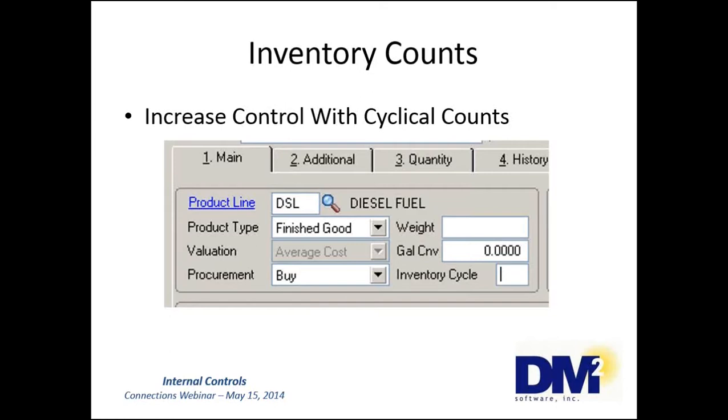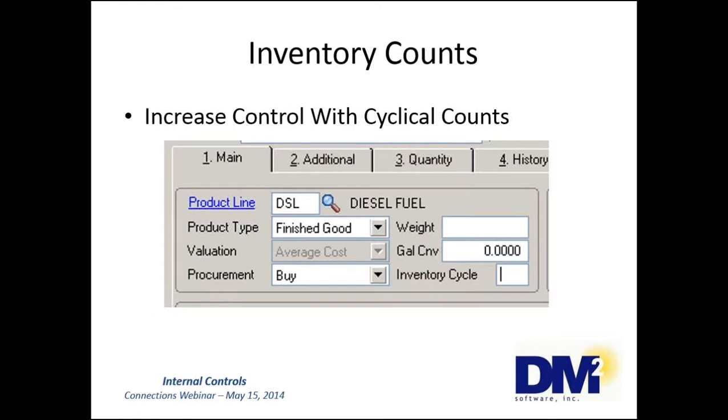If you have some items that have a pattern of being off during your physical count that you're making adjustments to, those would also be a good candidate for more frequent counts to make sure that you're not having issues with product walking out of the warehouse.